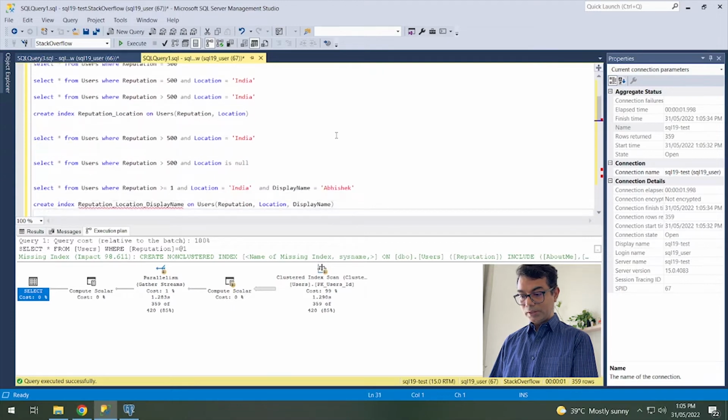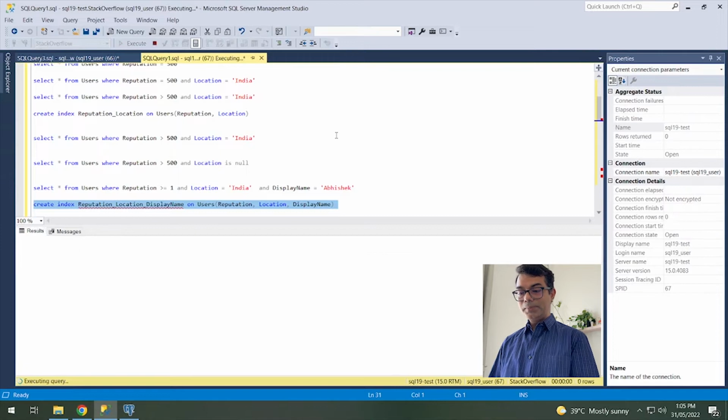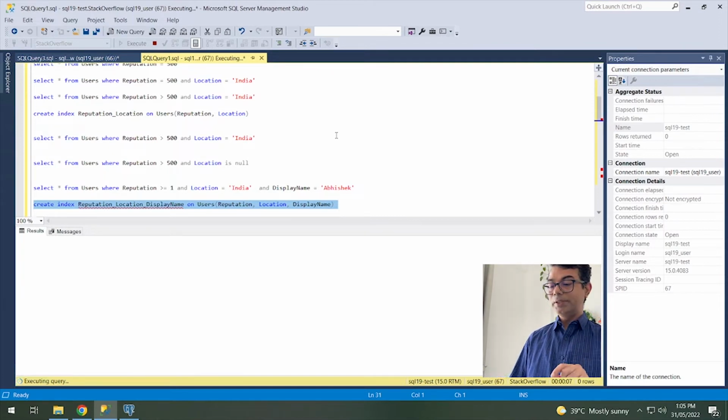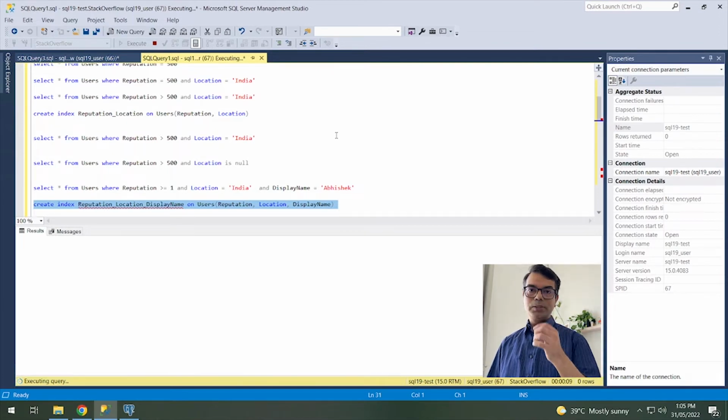We'll just create the last index which we had created, and this had helped us in improving the performance of all the queries except one query which I did not cover, right? Today we are going to cover that particular query and see how we can improve the performance, and whether it is possible or not, and if it is possible, how easy or how difficult it is, right? So let this index get created.